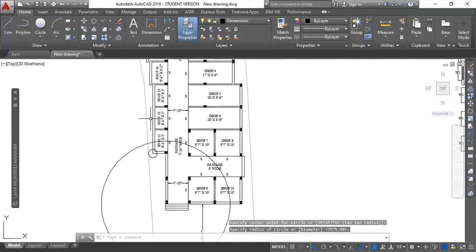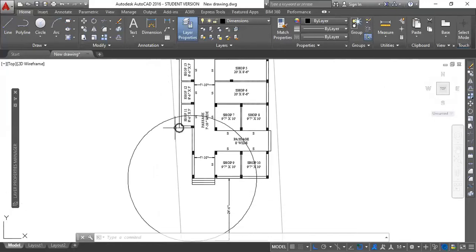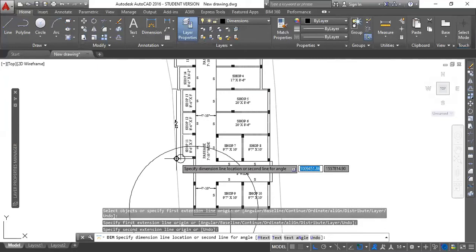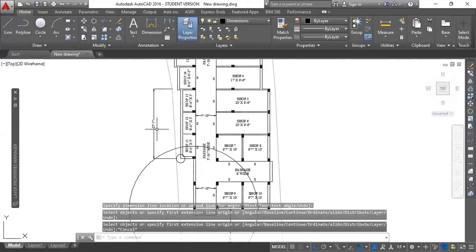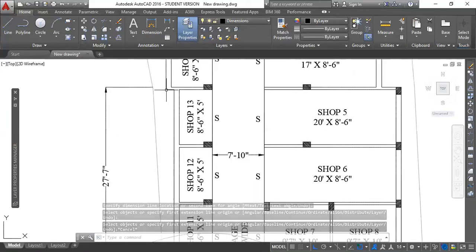Then from here also he had some distance and a line. He had these particular line dimensions, from here to here. So I had to draw an arc here.